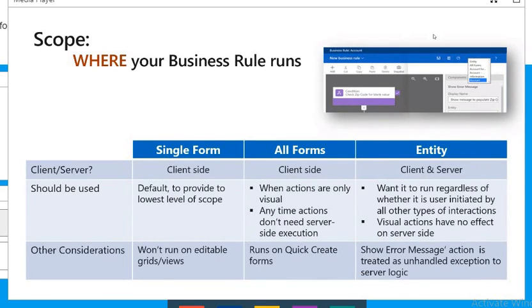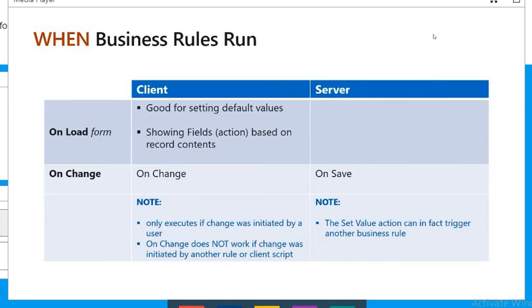In fact, you could have a different form for every security role. What happens if you have a number of forms, let's say you have 5, but you only want the business rule to run on 3 of them? Well, in that case, you actually have to write a specific business rule that is targeted to each of those 3 forms. So that's a little bit about where the business